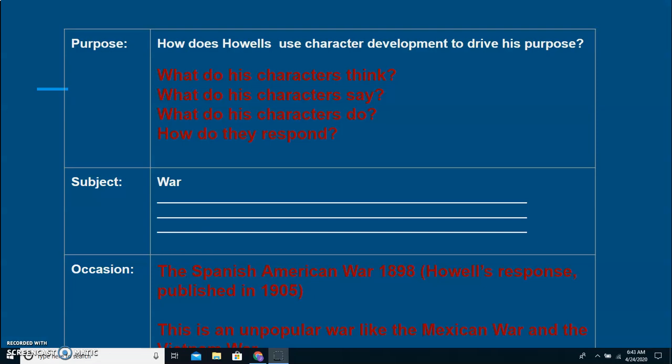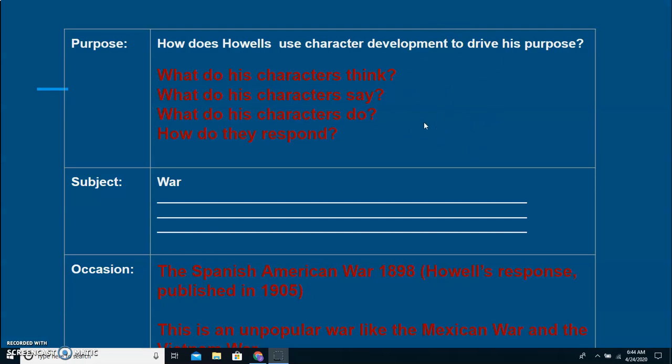So we looked at this slide earlier in the week, and we said you really couldn't possibly know the purpose because you hadn't read enough of the work. Now that you've concluded it, and now that you've annotated and really considered each of these characters and what they're saying and thinking and doing and how they're responding, I believe that you will be able to very thoroughly discuss the purpose. So I'd like to see a paragraph in this spot right here